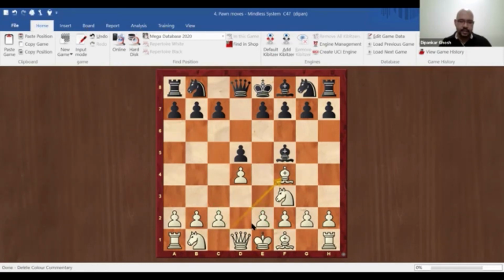Okay, remove the arrows. Now let's see. Okay, now black continues developing, and black plays this move. Sorry, white plays this move, knight b to d2. Now what is wrong with this, you think? Can anybody tell me? Now black can make a move which puts white in big trouble. Can anybody suggest a good move for black?